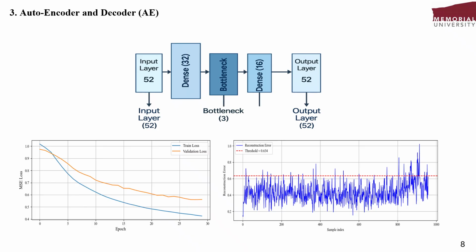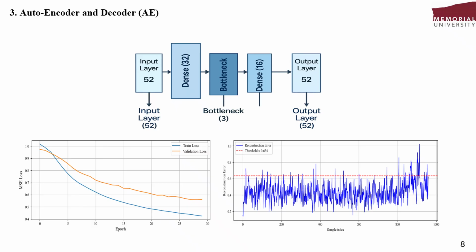components. Also, for training the autoencoder, we train only on the fault-free dataset, minimizing mean squared error MSE between input and reconstruction. The training curve, I mean the blue one, steadily decreases, and the validation curve, the orange one, follows closely, indicating good generalization without overfitting, which is good for fault detection.